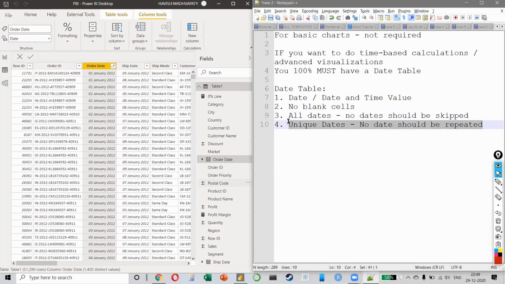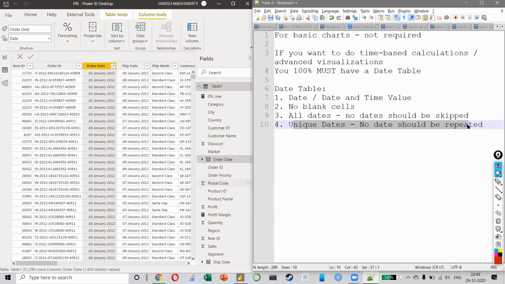Most likely they will be repeated. Because if it is data related to sales, transaction, finance, budget, HR, how is it possible that one date is appearing only one time? Obviously, every date will appear multiple times. Like if it is the date of joining, obviously we can't expect that people will be joining on every single date. Also, how do you know that on one date only one person joined? It's not practical, right? One date can appear multiple times.